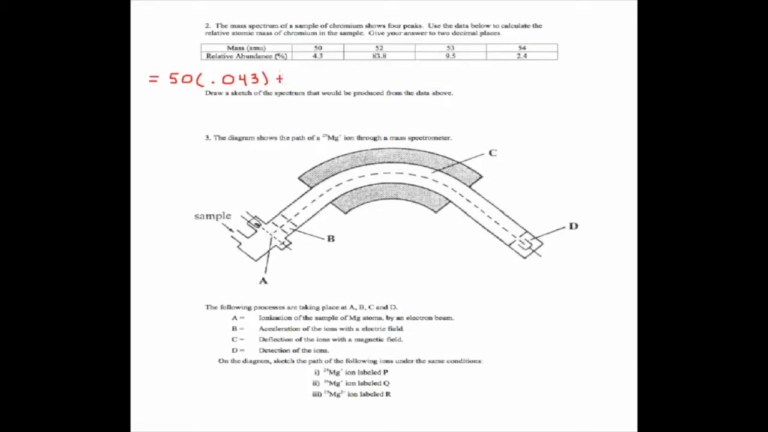Then to that, I'm going to add the atomic mass of the next one times its percent abundance, which is 83.8%. Notice I'm making these into decimals. Then multiply that by the next atomic mass times its percent abundance, and then the next one times its percent abundance. Okay? And it tells me to round to 2 decimal places. And so what I end up getting is